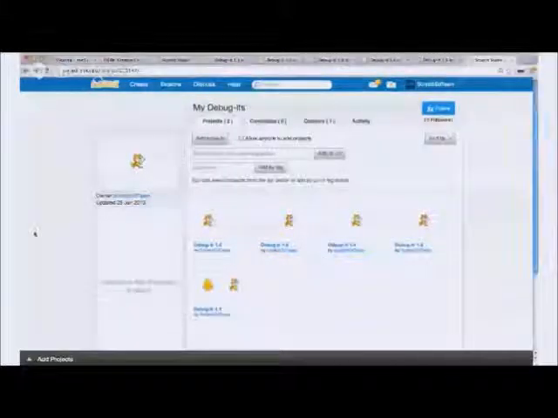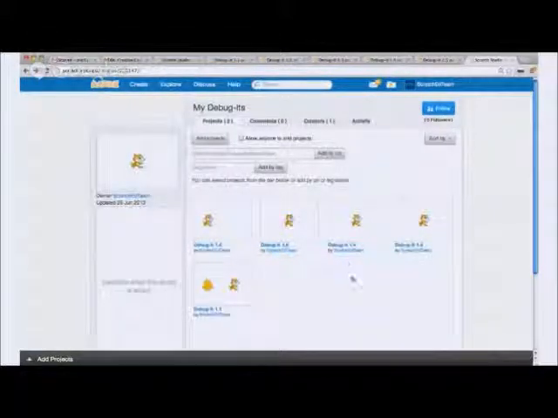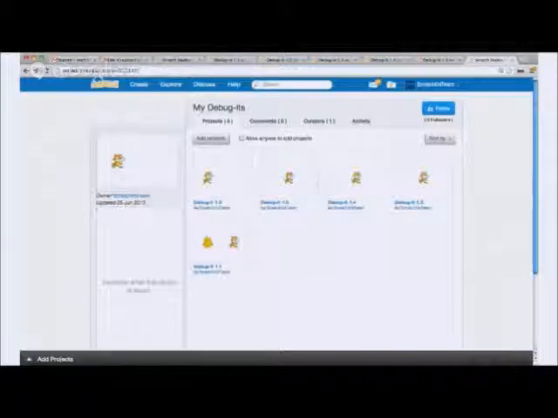So if you've added projects to a studio, so you can see this is the studio again that I just created, and you want to take them out, you should be able to see a little X on this top corner. And I've noticed that right after I've added projects, sometimes it doesn't show up right away. So as you saw, I just refreshed. So I just went back up to the top and refreshed the page,